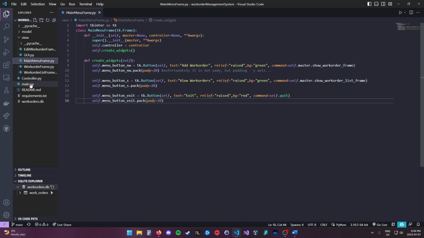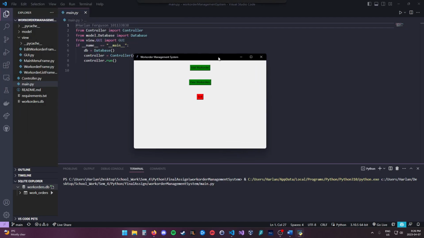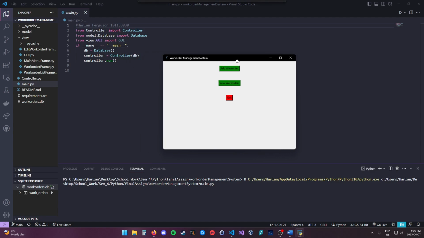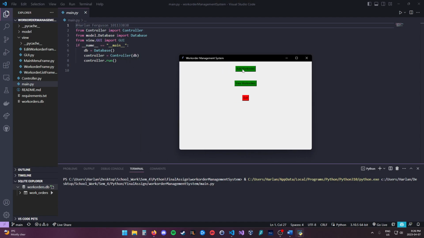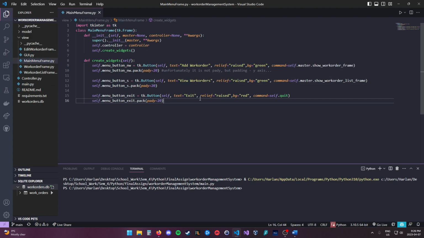So I'm going to quickly run the first screen here just so we can see this. It's not beautiful, but it is functional. So this is just the main menu. It's 3 buttons: add a work order, view work orders, and exit. I'm going to get into these later. Straightforward. So if we press that first button and go into add a work order,